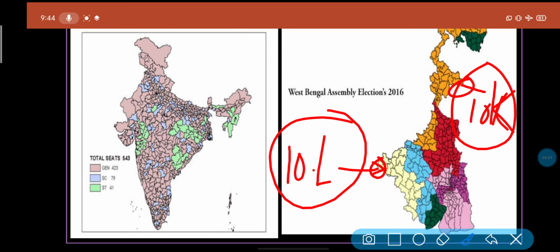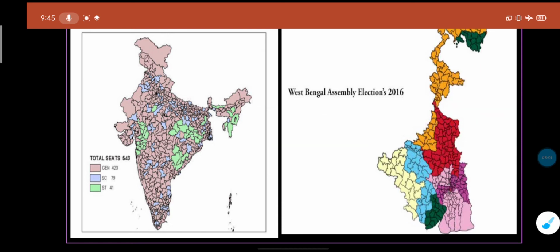Every area is divided in an almost equal manner, on the basis of the population, not the area. So basically our country is divided into constituencies, into small parts, on the basis of the population rather than the area, because the area may be small or big, but that doesn't matter. The population matters, because in the Indian election system it is very important to divide constituencies according to the population.